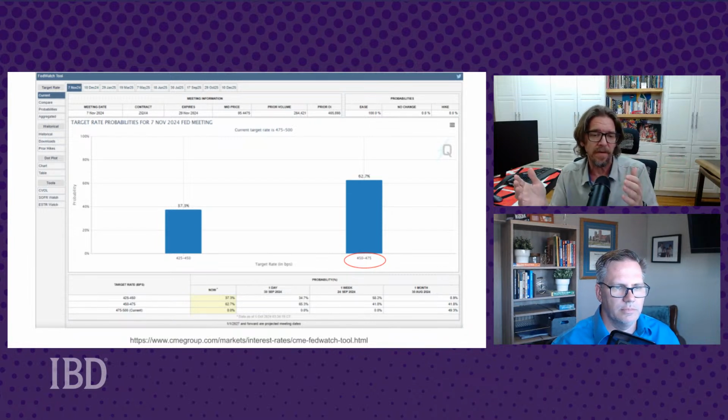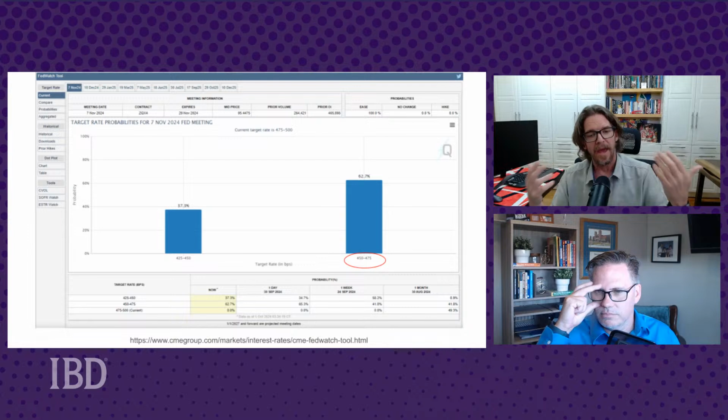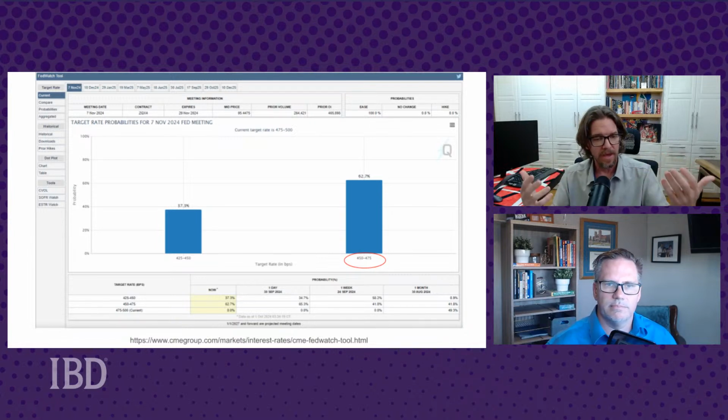Before, it was a big risk event because he was, in my opinion, on a predetermined path of what he was going to do, and it wasn't going to budge based off of the numbers. He said he was data dependent, but he wasn't acting that way. Now he